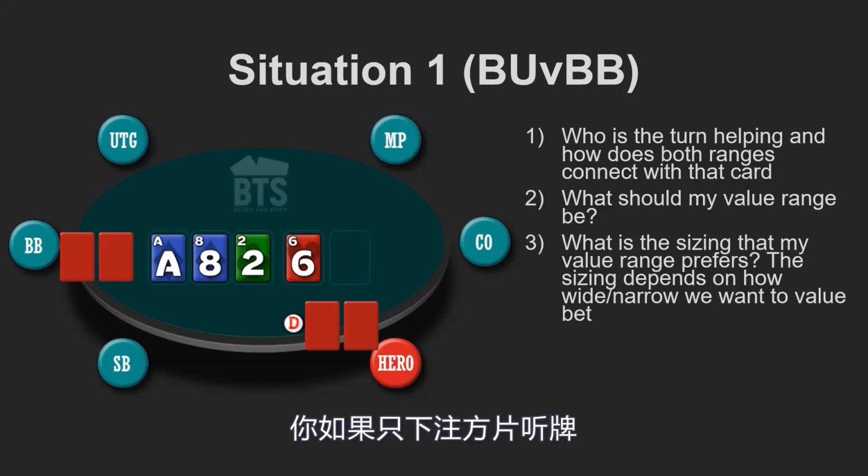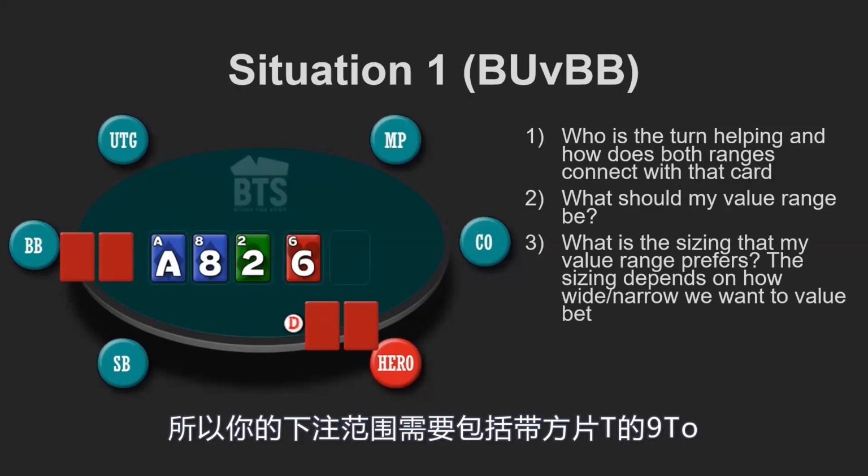So basically, if you only bet diamond draws, right? And the 7 of diamonds gets there, 9-10 gets there, 4-5 gets there, all the diamonds get there. What else are you bluffing with? Nothing. So you want to be